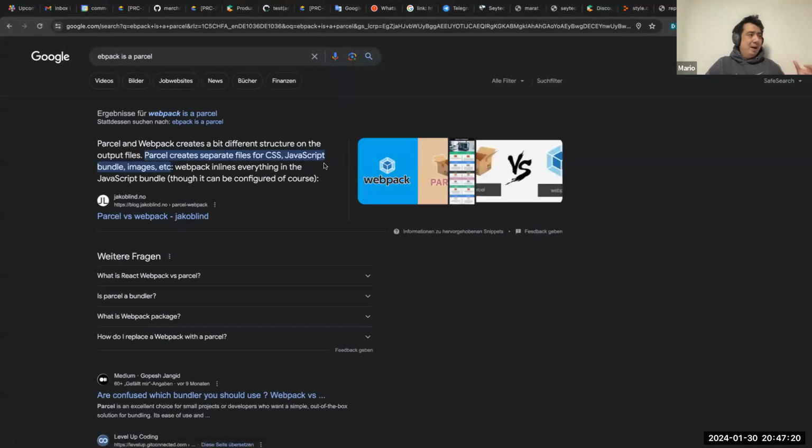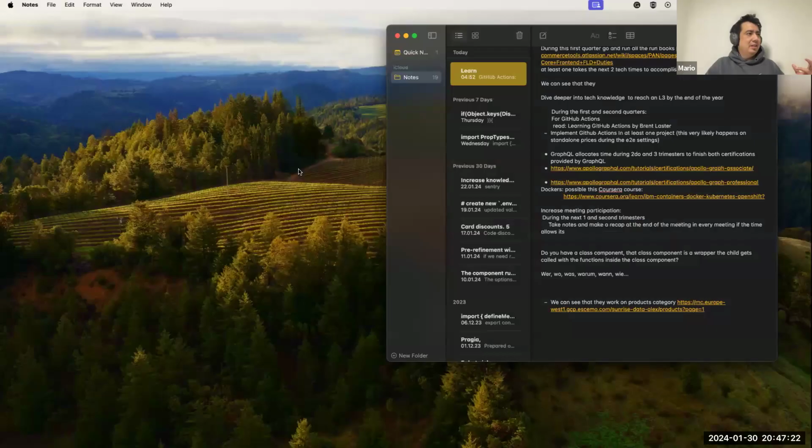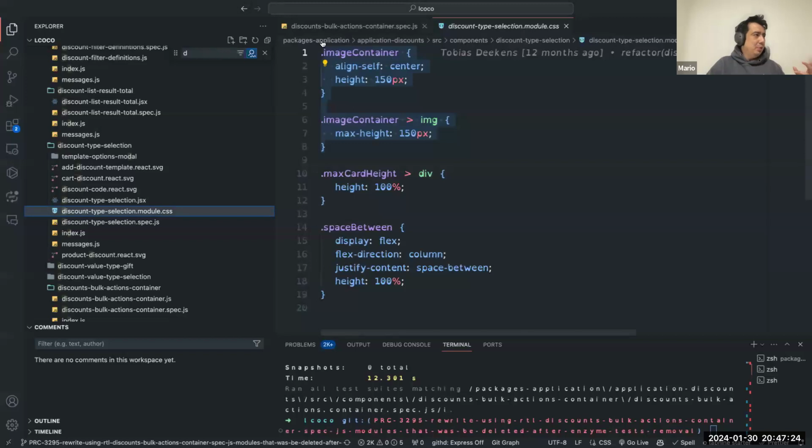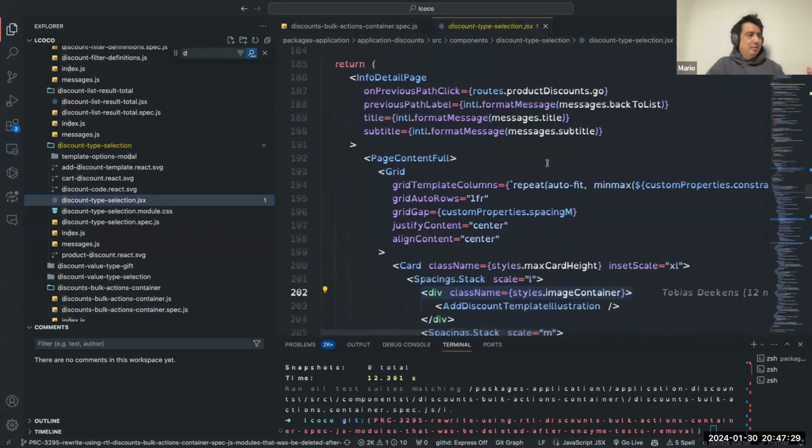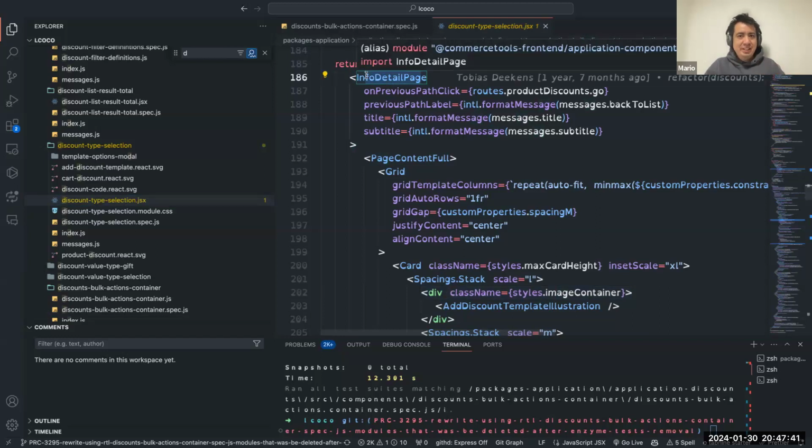What it means is, if you see my code here, I will just show you, this thing is not something that the computer will understand. Then it needs to pass through a process that is called parsing. This HTML, this VR info detail page needs to be converted into something that the browser can use. And that is done in this case by